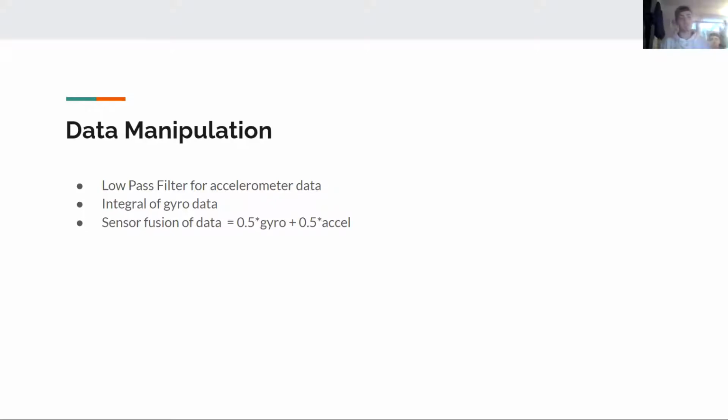I take the integral of the gyroscopic data because that is degrees per second. That's the data I get it in. So I convert that, the integral of that is just degrees, and then I convert that to radians. And then I use sensor fusion. So basically half of the data is gyro, half is the accelerometer values, and that's so far proven